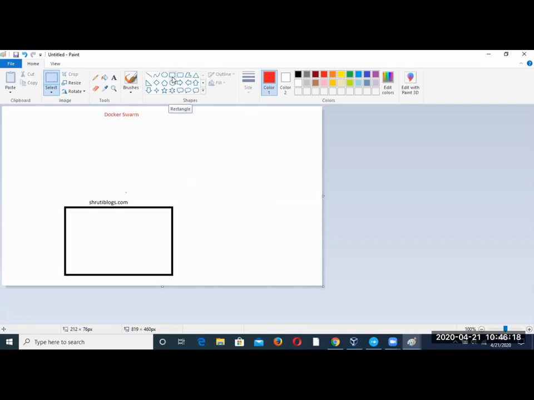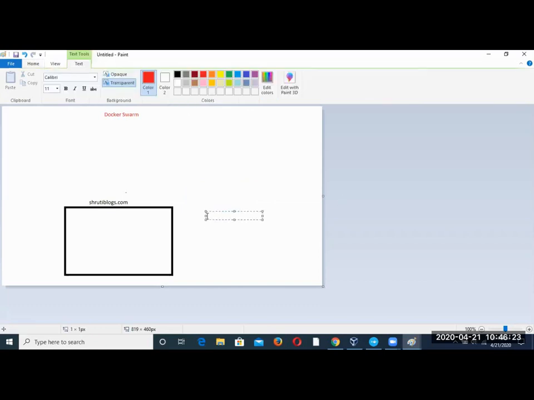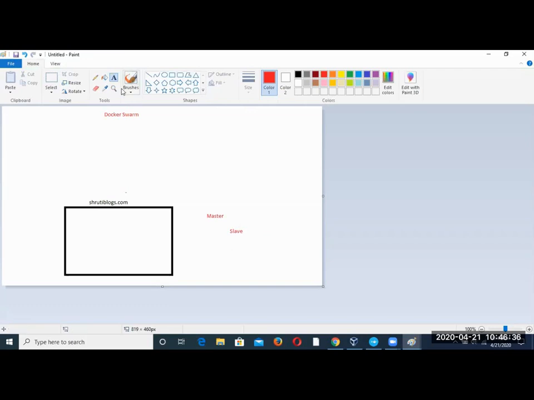So now I need to prepare a Swarm environment. In Swarm, we have one master server, and then there are multiple slave servers. Why do we call it slave? Because all they have to do is support the master in functioning. So if the master says I need 5 containers to support me, then the slave has to provide 5 containers to support the master. So first of all, I'll prepare a master server.